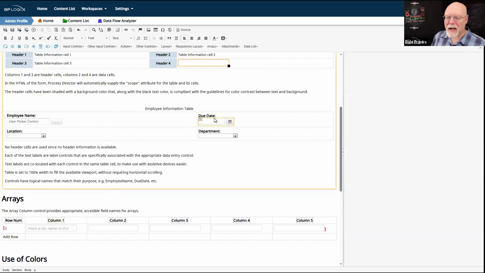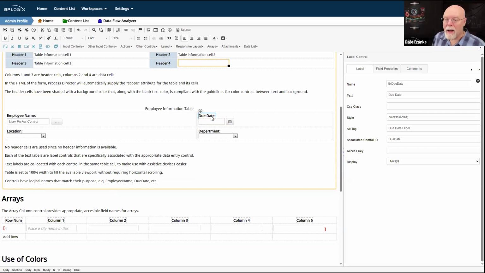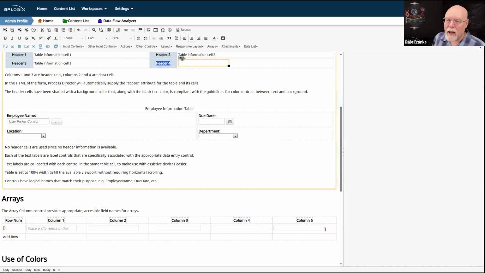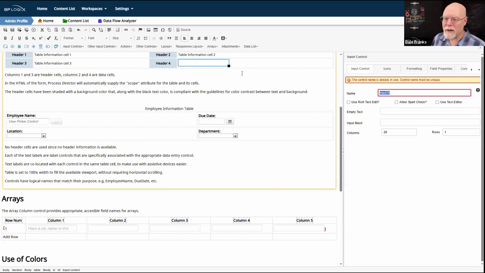Every data entry field that you create for accessibility needs a label. And if I put my label over here in this table cell, and I put my data control over there in that table cell, that's going to be a bad thing, because the assistive device that the user is using, are you going to let me delete this or not?